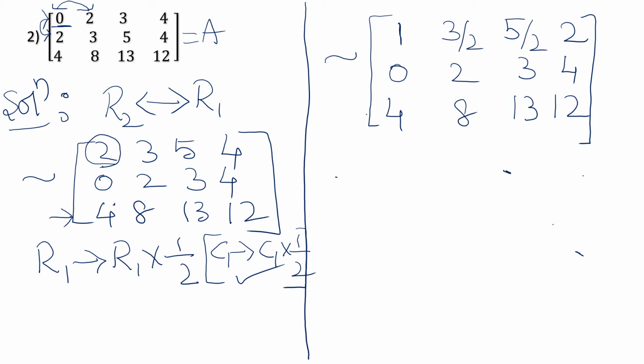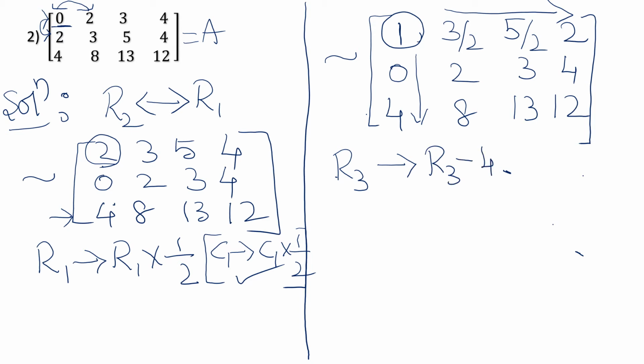Now I have to see to it that the elements in the first column and the elements in the first row other than this element are going to be zeros. So first I will do it with R3. R3 is R3 minus 4 times R1. The equivalent matrix that we are going to get is 1, 3 by 2,